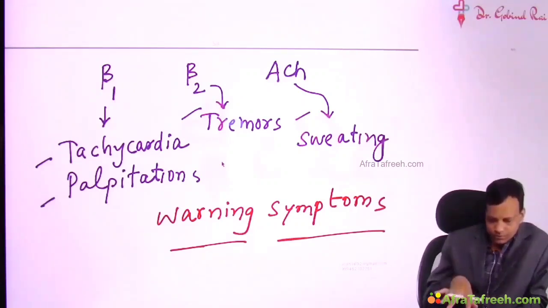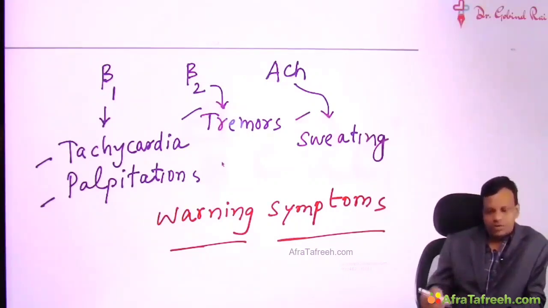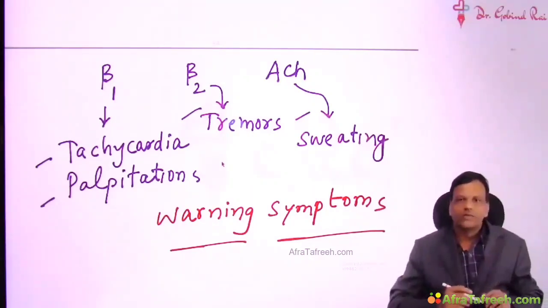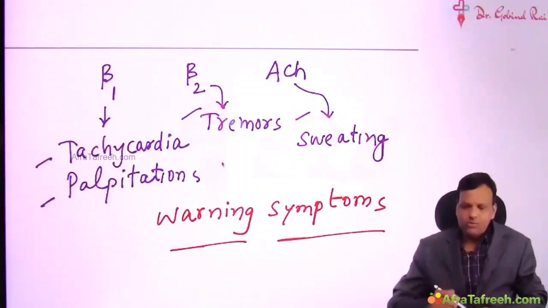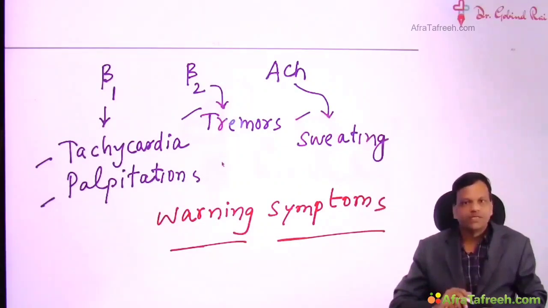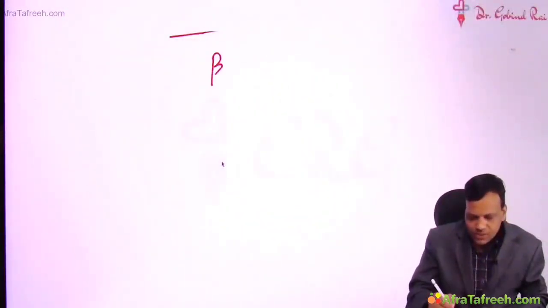Now suppose a person comes to a doctor like me who is not aware about these symptoms. We do not tell him anything about these symptoms. When these symptoms are not told, so person will not take sugar. So person has all these symptoms but the person does not take any sugar. So what will happen? Will the person go to coma? No, still the person does not go to coma because now the beta 2 receptor which is present in the